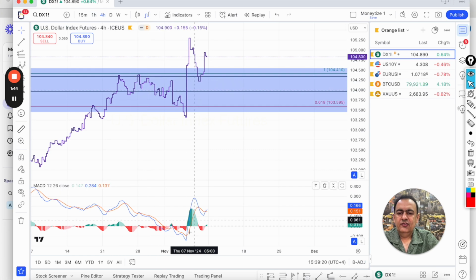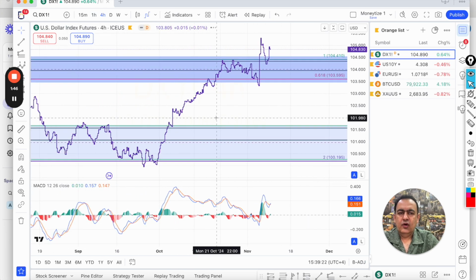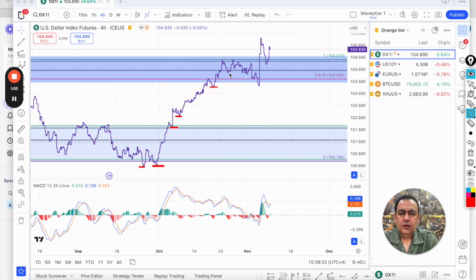And going to lower time frame again, now 4-hourly chart. Now even on the 4-hourly chart, if you notice, it's forming a bullish pattern here. So we've got a low, higher low, the rally continues, and then it creates new higher lows. Now this is the point from where the new rally started, and I can see that it's quite strong, and we also got the retracement. Now if it gets further down, it might come back to 103.59, and then the rally should resume.